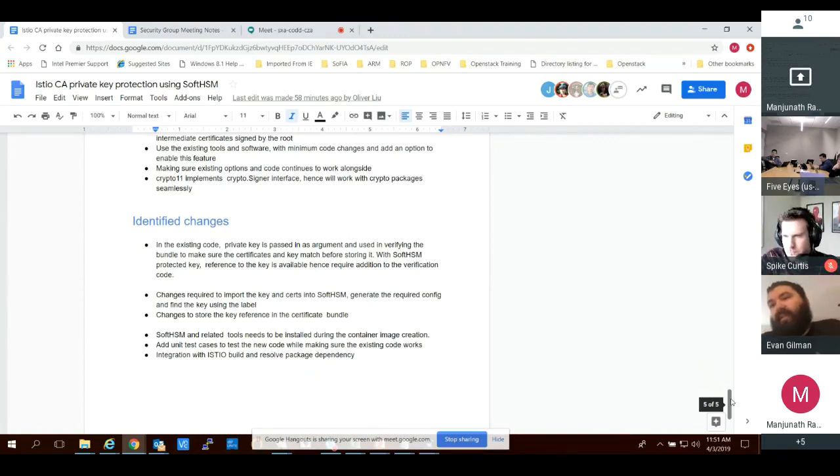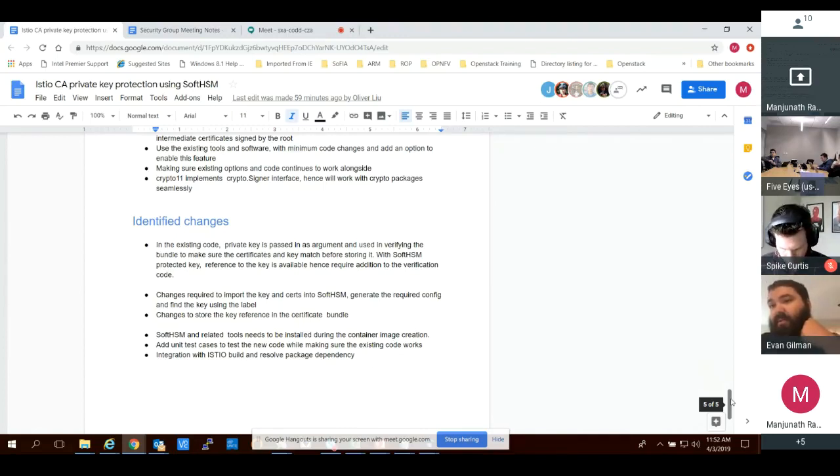To clarify, if you're using Vault CA, then you are bypassing the Citadel component, right? That's true. The Citadel agent will send the Kubernetes service account together with the CSR to Vault, and Vault authenticates and authorizes based on the Kubernetes service account. Right. So this proposal is to directly extend Citadel, a component which is not even in the Vault option. So